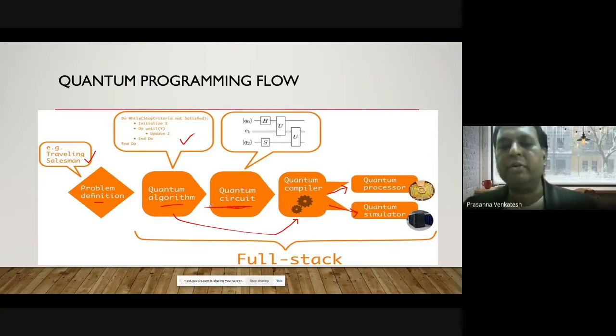So the difference between a typical programming flow of classical computers and quantum computers is that the algorithm has to be converted to a quantum circuit, and from the quantum circuit you take it to your compilers and your implementations as such. That is the basic premise, the basic difference.